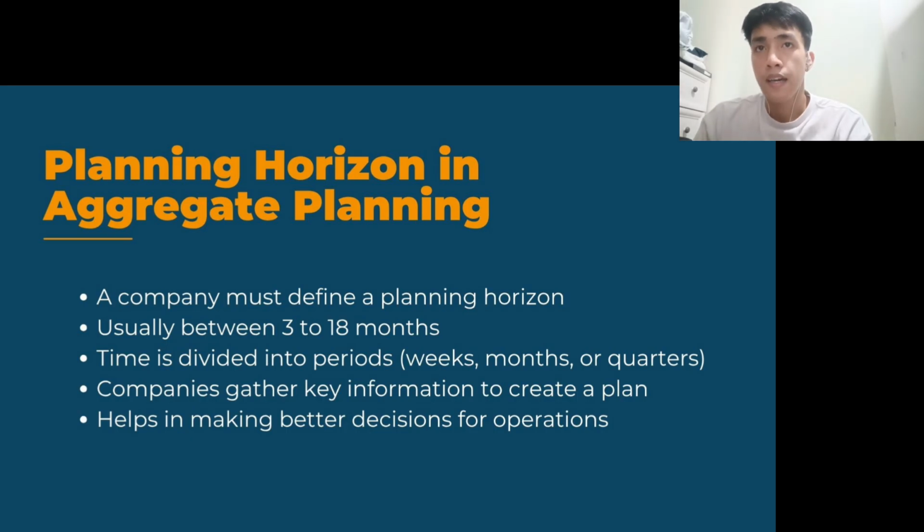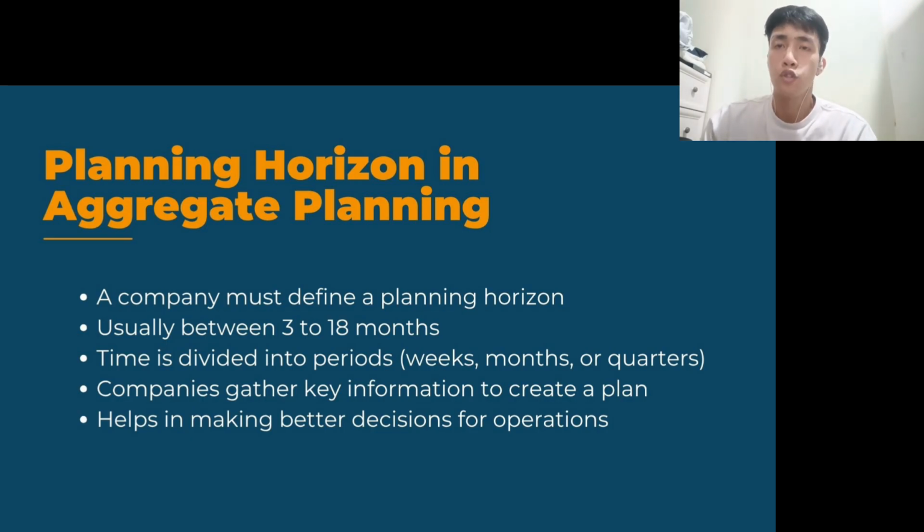For example, isipin natin yung isang company na gumagawa ng bottled water. Kung alam nila na mas mataas ang demand during summer months, gagawa sila ng plan for the next 6 months. Pwedeng mag-produce sila ng mas maraming product bago mag-summer para ready sila sa mataas na demand. So basically, yung planning horizon helps the company to prepare ahead para hindi sila maubusan ng stock at hindi